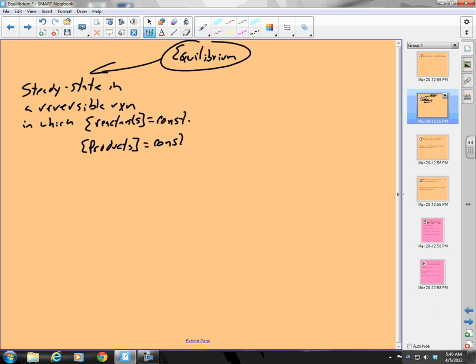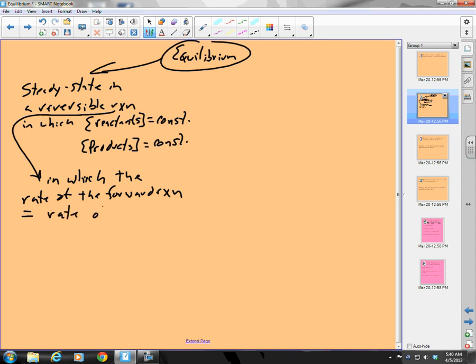Now, those are two different constants, but they are constant. Or another way to say this is that this is a steady state in a reversible reaction in which the rate of the forward reaction equals the rate of the reverse